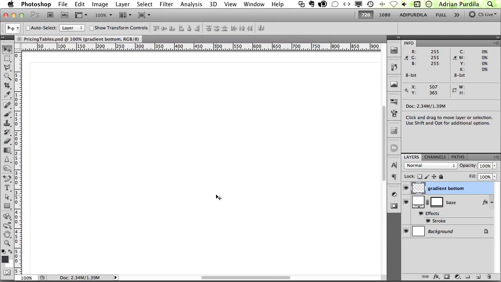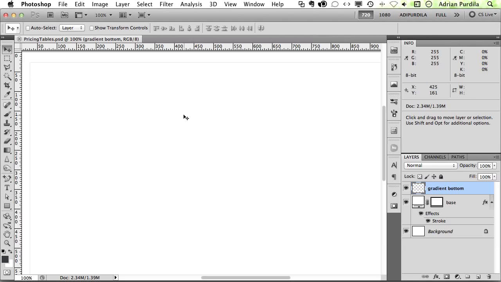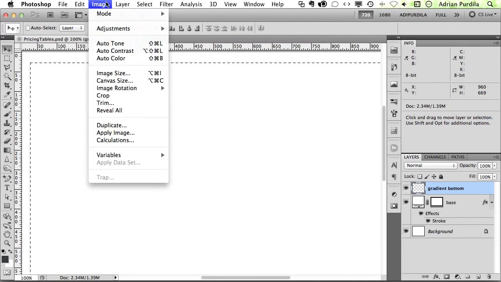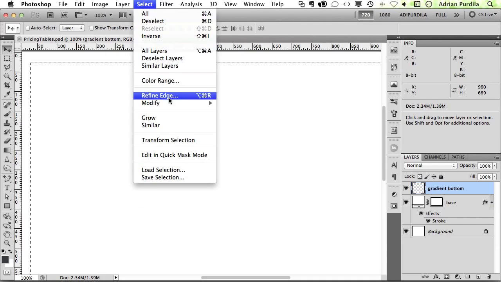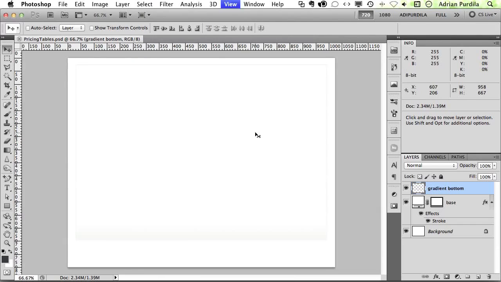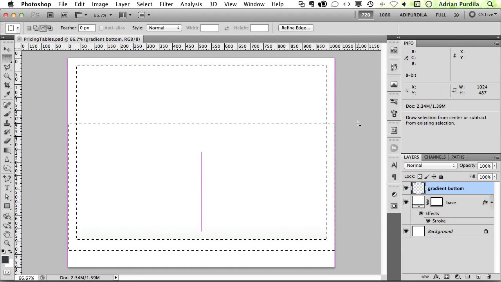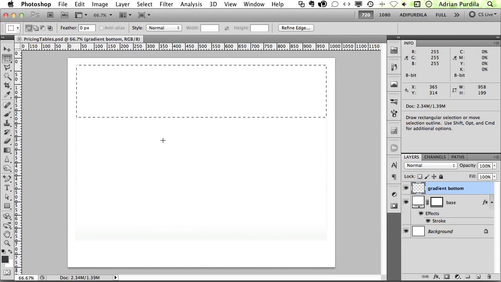Okay, next step, let's have a look here. The next step would be to create our header on the top here. To do that, we're going to do the same thing as before. Make the selection, Select, Modify, contract by 1 pixel. Let me zoom out a bit so you can see the whole thing,